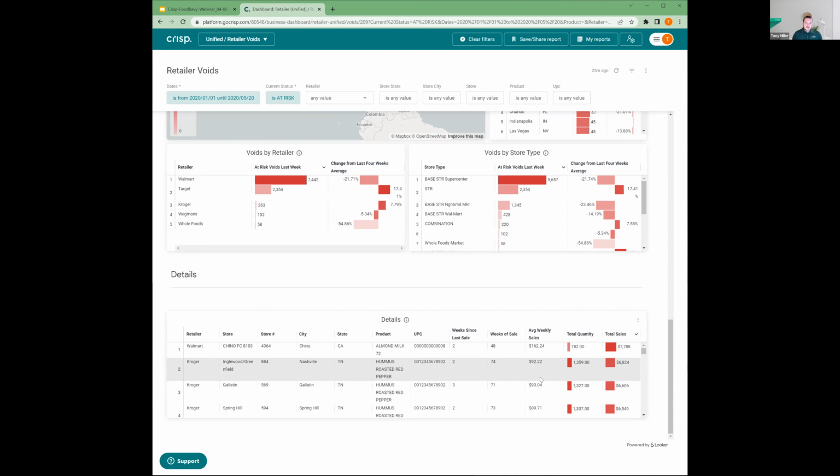Some of our customers, when they first get in here, will say, let's grab the chunks of stores within Whole Foods that are more than 4 weeks since the last sale, and let's work with the buyer to say, hey, do we need to increase your orders from UNFI? Do we need to increase your safety stock or add an additional facing or increase the presentation minimum so you have more product on the shelf to make up for all these delays that are happening in transportation, where we know lead time is increasing from the DCs to the stores. They're not getting as many trucks. It's taking longer to refill the shelves. So how can we have these proactive conversations with the buyers, the inventory teams, even the distributors to keep your product in stock,